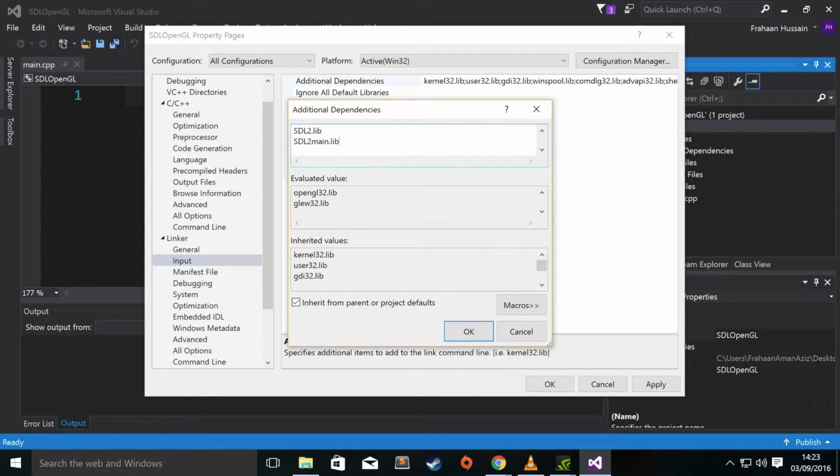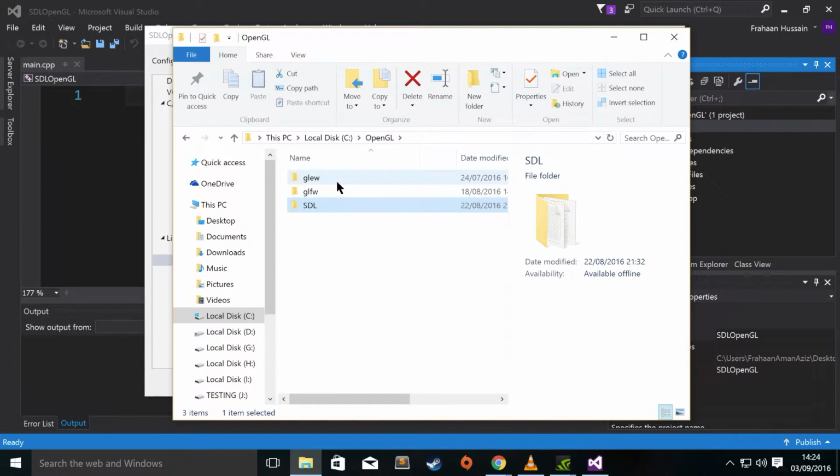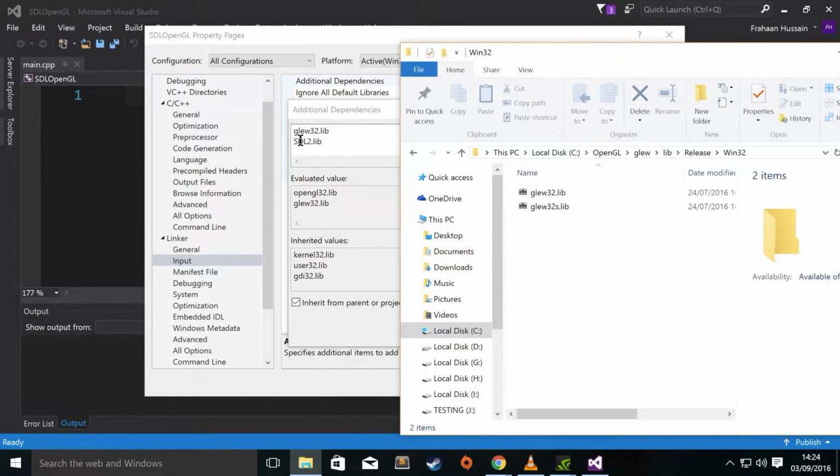main.lib. If you get any errors, especially if you're using a different version of GLEW or a different version of SDL, the errors may be because the library files are named differently. A way to find out what they're named, if you go to GLEW, for example, go to bin, Release, Win32, no, sorry, my bad, go to the lib folder,